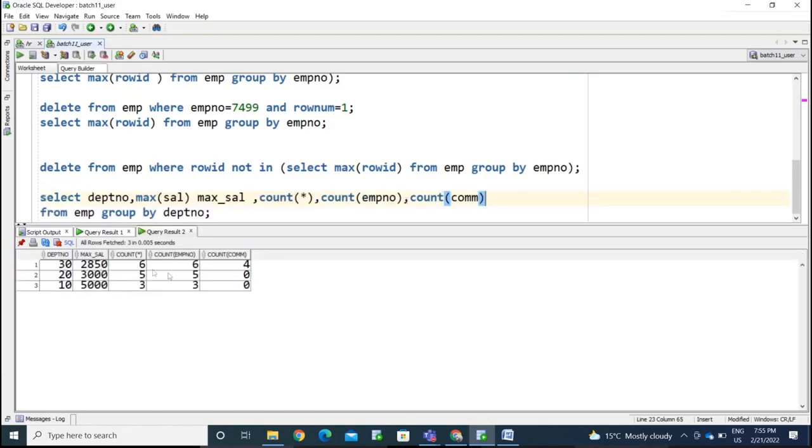See here. For count of commission column, it is giving 400. It is showing no employee is present in departments 20 and 30 by using the count of commission column. Because if you mention count of column name,